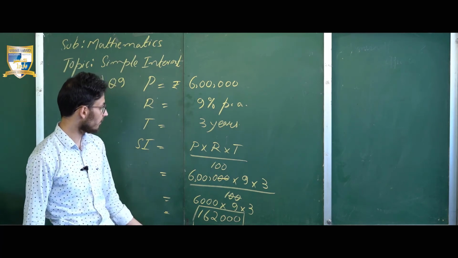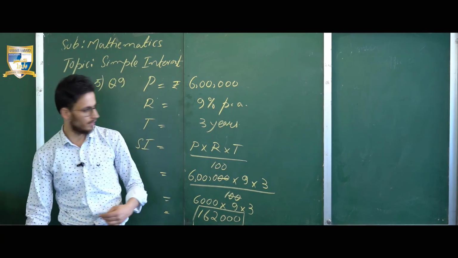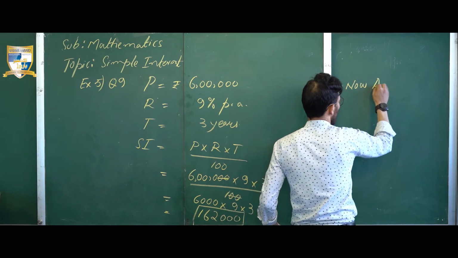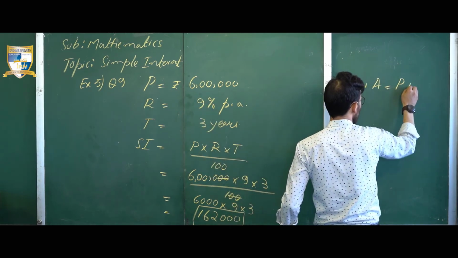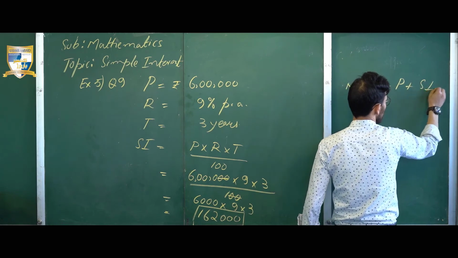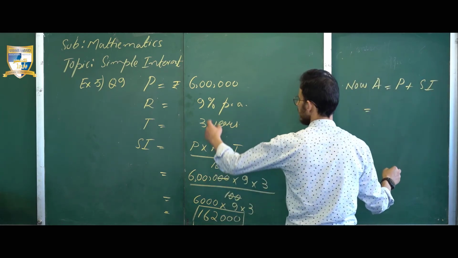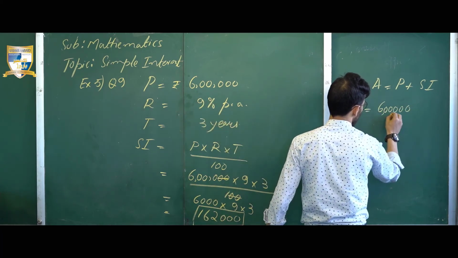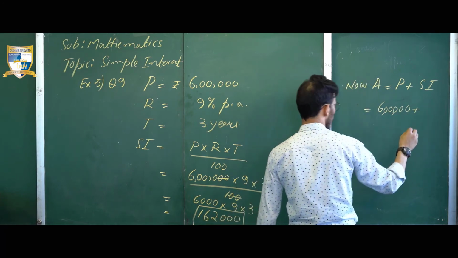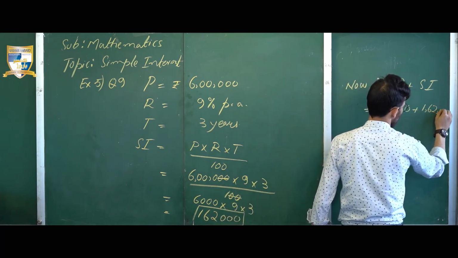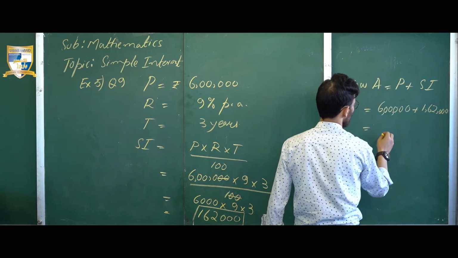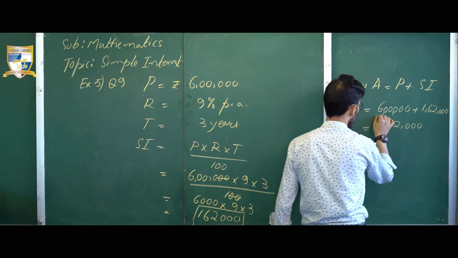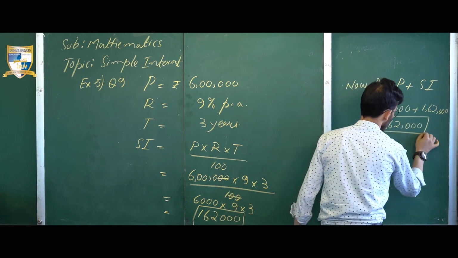So to find out the price of the flat, what are we going to do? First, we come to know what its amount will be. Now amount is equivalent to principal plus simple interest, where principal is equivalent to 6 lakh and simple interest is equivalent to 1,62,000, which is equivalent to 7,62,000. Means at the end of 3 years, the amount will be equivalent to